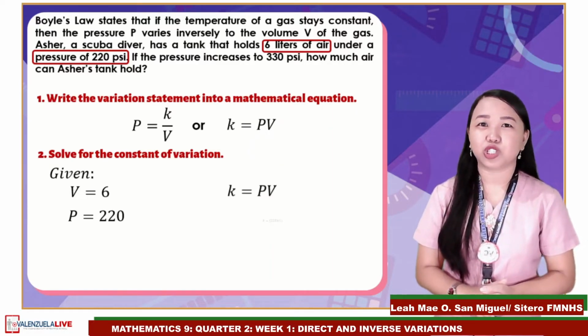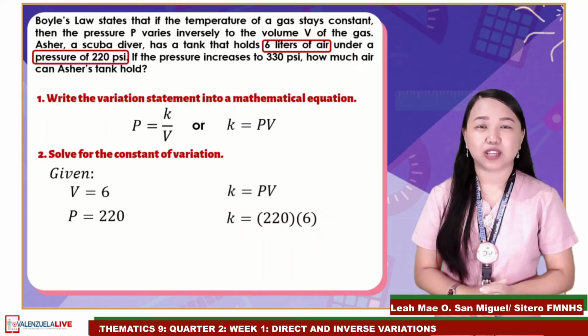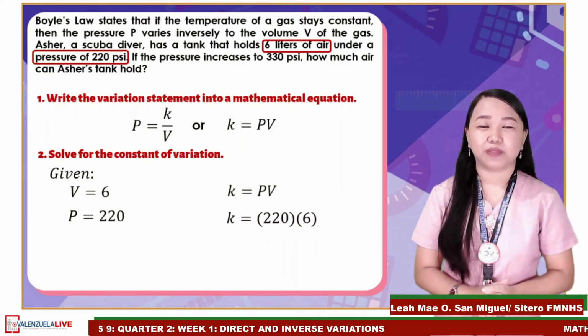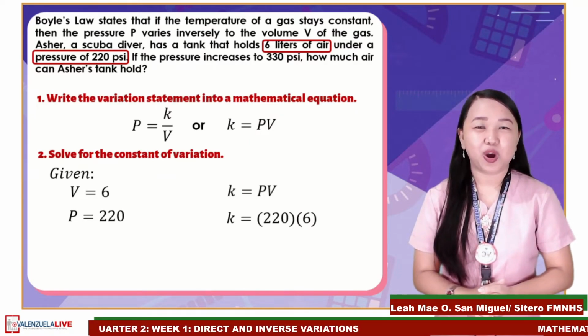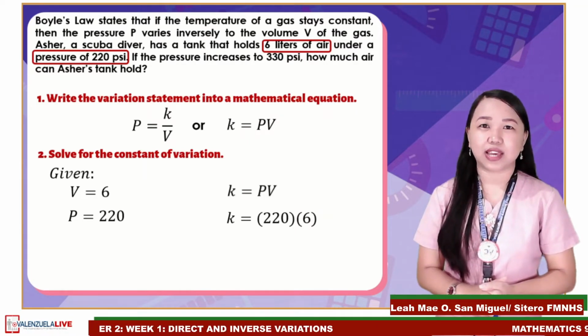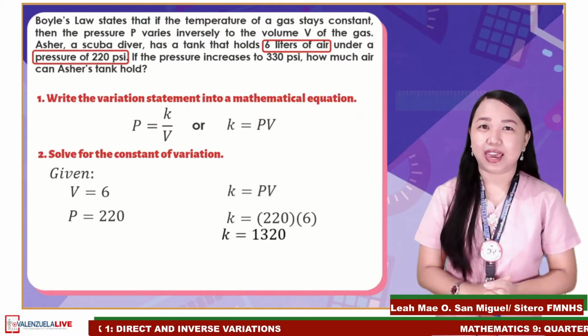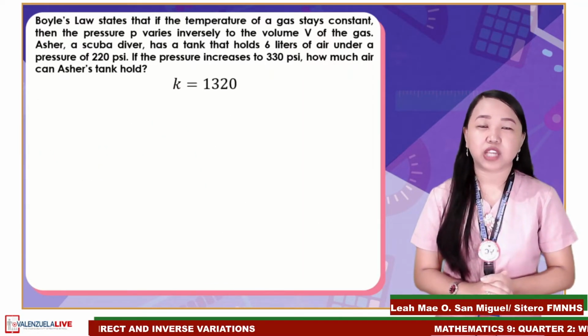By substitution, K is equal to 220 times 6. Simplify. 220 times 6 is 1,320. Hence, the constant of variation is